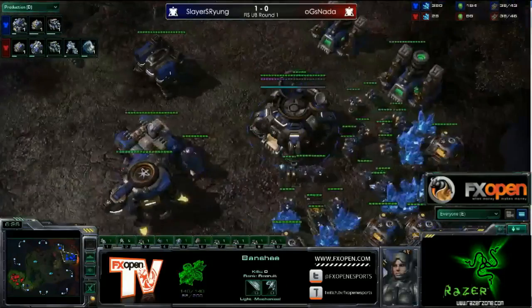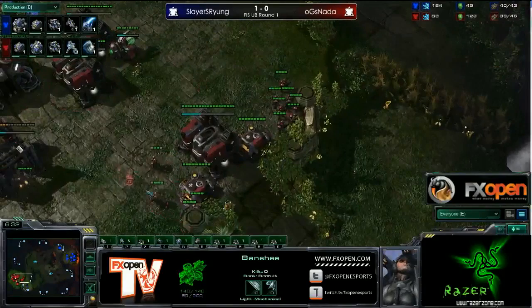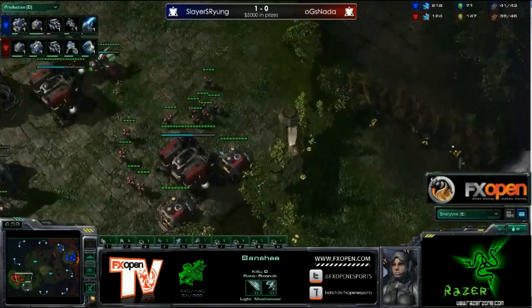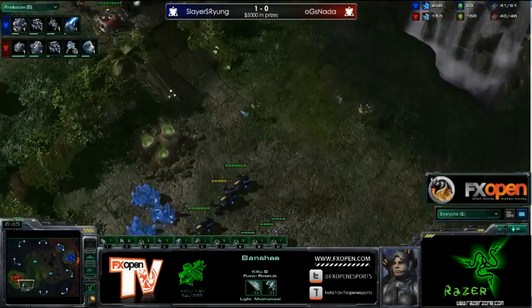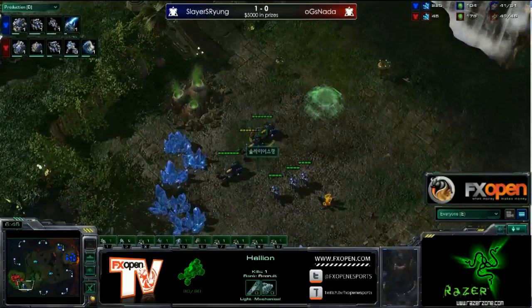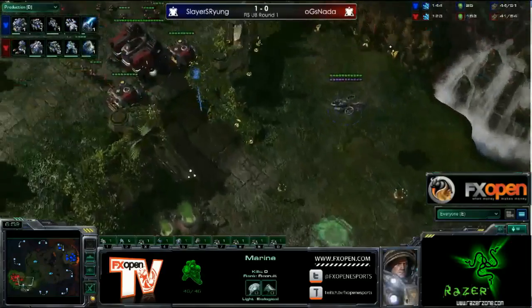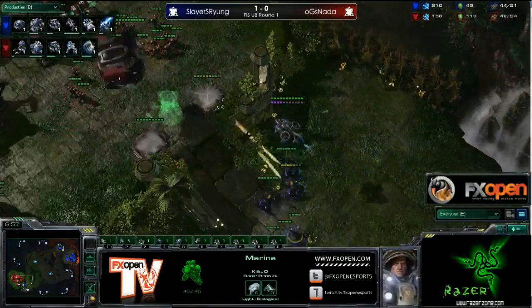Here comes the Banshee. And he might actually use this to get vision and do a lot of damage to the Marines at the front. Especially with these Hellions, because he's going to have to clump up to come to the edge of the cliff to chase down the Banshee. Yeah. And he's going into Blue Flame behind this. Look at, ooh, a bunker. Yeah, that's what I was going to say, is that he switched to starport and is now working on the Blue Flame. Oh, he's lifted up the...